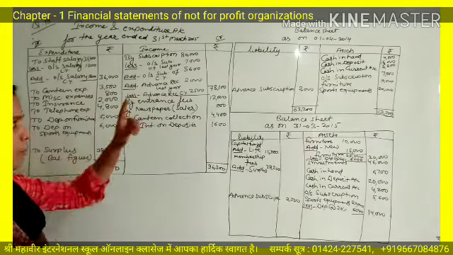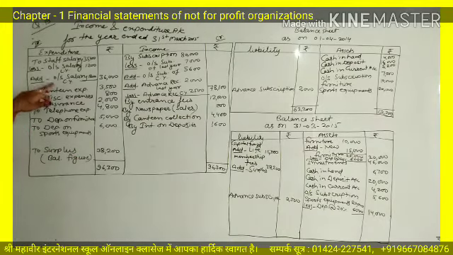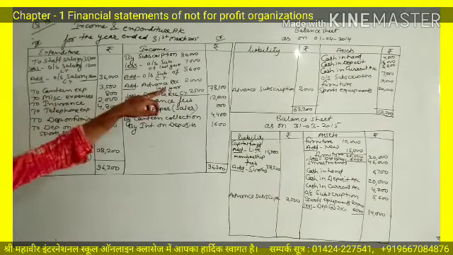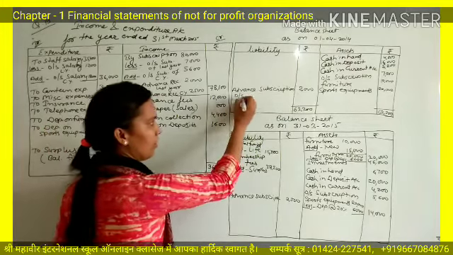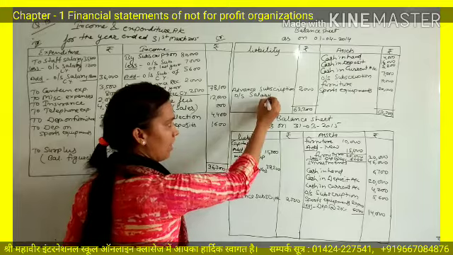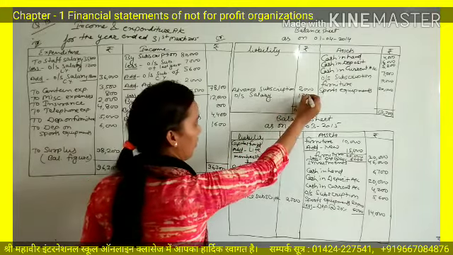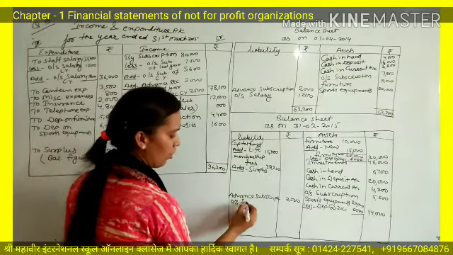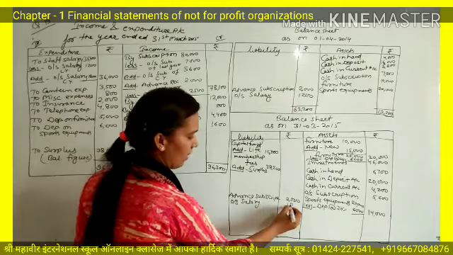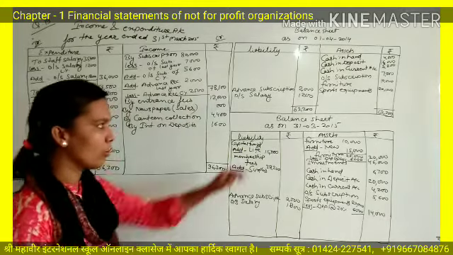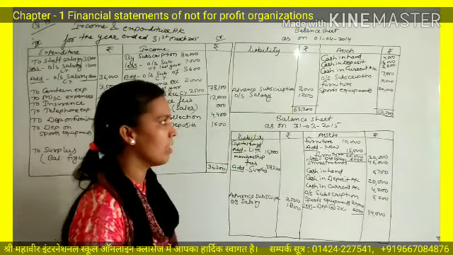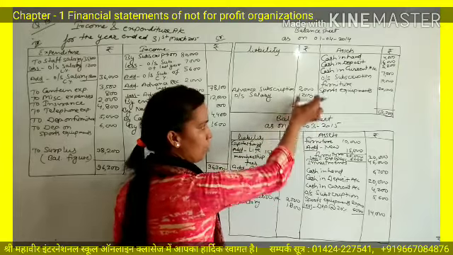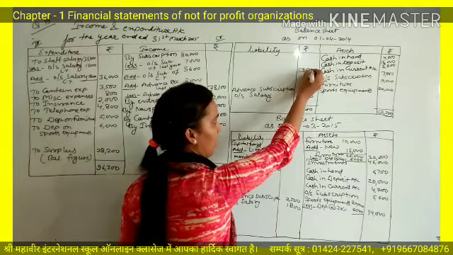Yes, we have missed one item here. Outstanding salary of last year and current year we did not post to the balance sheets. So outstanding salary of last year will be posted here. Outstanding salary of last year 1200, and outstanding salary of current year 1800. So now out of 62,200, just deduct these two items. So your opening capital will be 59,000. When you deduct these two amounts from this amount, you will get 59,000.